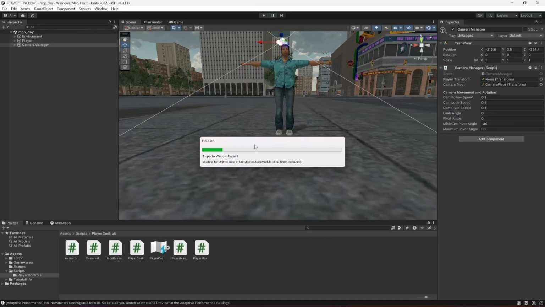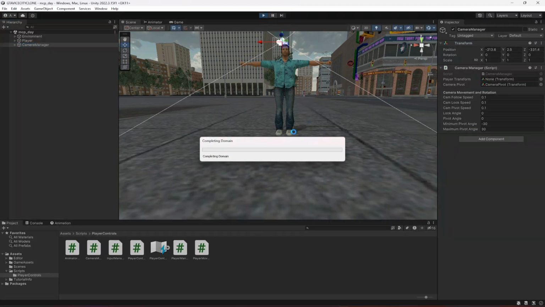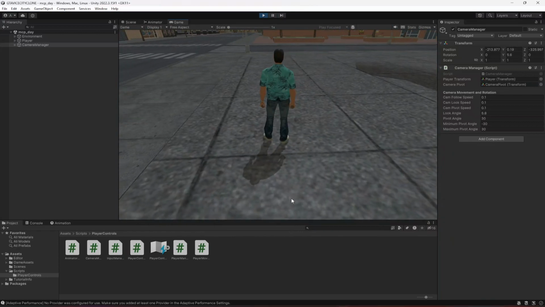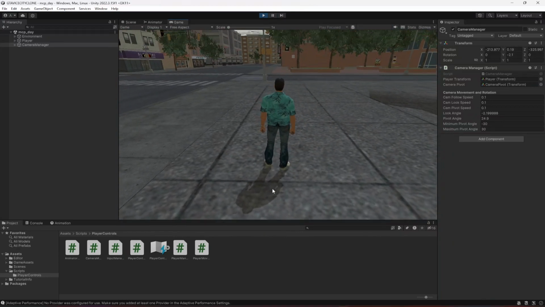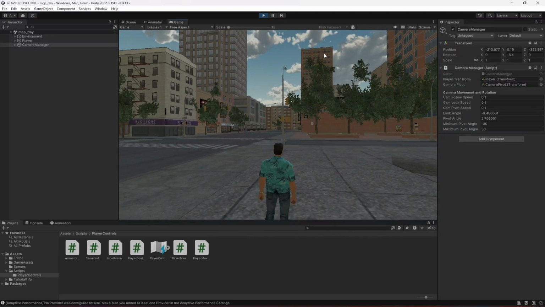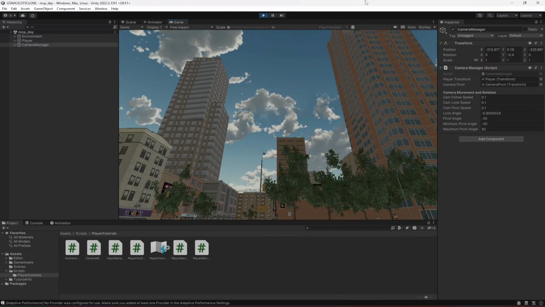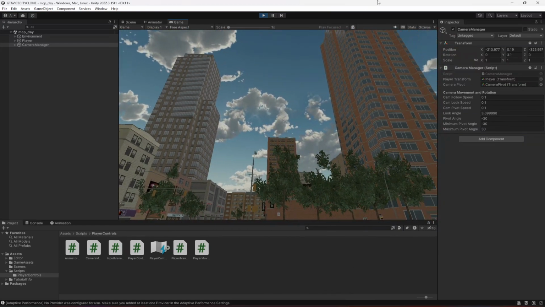Okay, now if we get back right here, on the camera manager script we have this now. So let's start the game now and see if it works or not. Okay, so as you can see, the pivot angle is 30. You can see it right here. Okay, it doesn't go above 30,